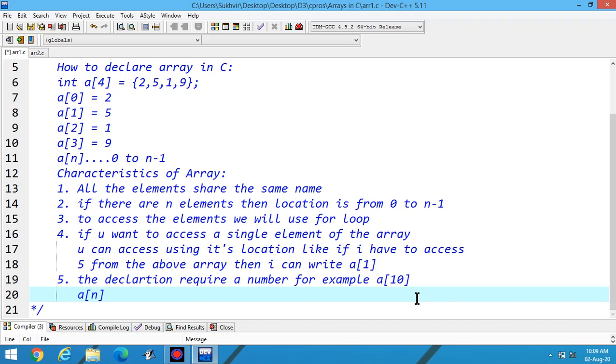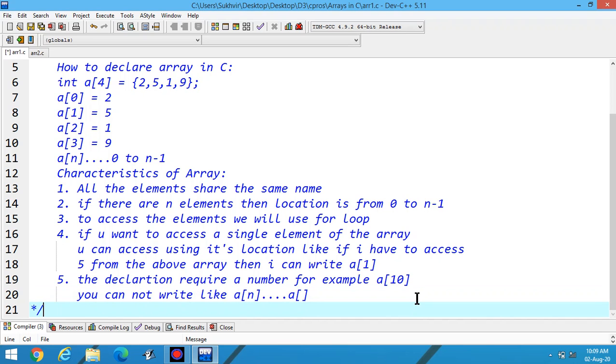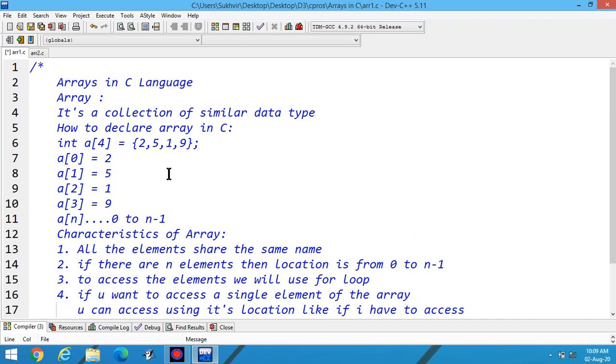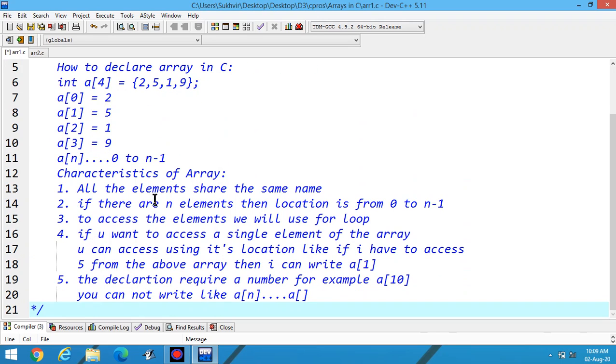A variable is not accepted. You can't write like this, a empty. This one is not required. You can't write like this. These are the basic things about arrays: definition, declaration, then some of the characteristics of arrays.